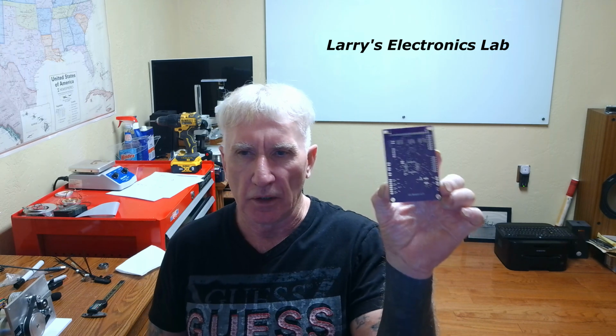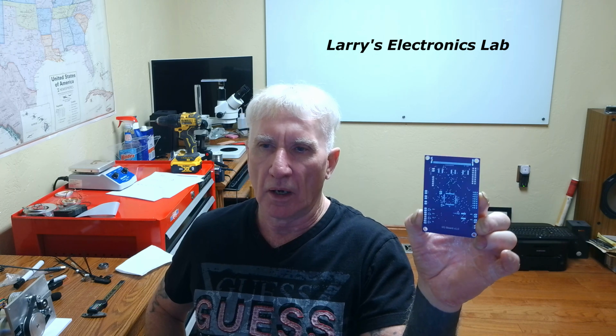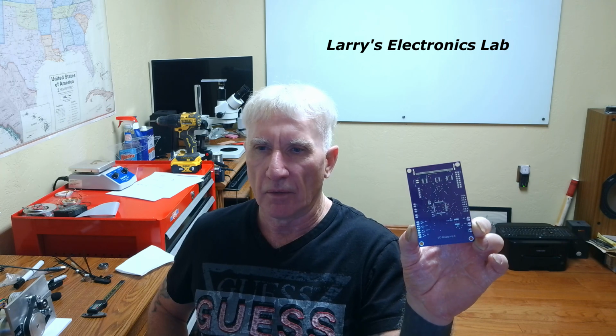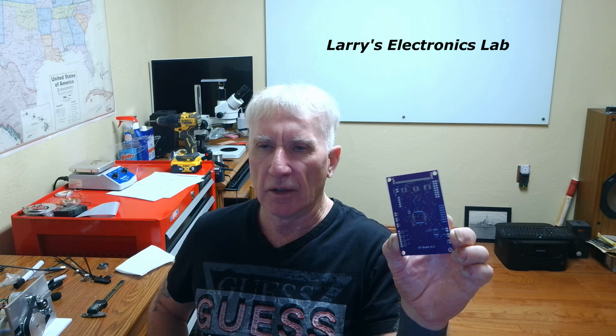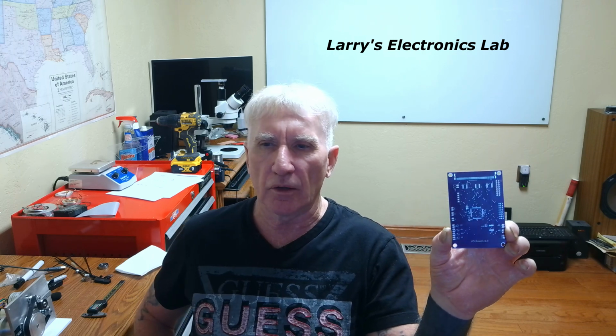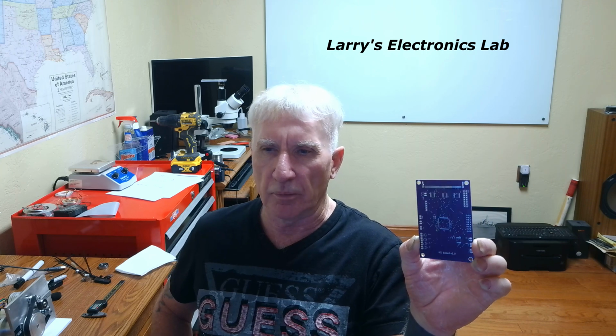We'll just do a quick look and see how it is compared to what we drew in Fusion. And then we will get the parts together and we'll start putting them on. Oh, yeah. And then we're going to have to fire up the oven, because the I/O connector here has to be done in the oven. So we'll get the oven fired up, and I'll show you how we do the I/O connector. And then I think probably after the I/O connector, we'll have to put the I/O chips on there and play around with that in the code and stuff,